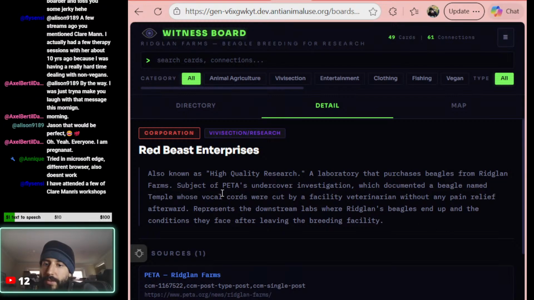I wonder if that was here or was that at Ridglan? I don't know. Either way, fucking horrible.